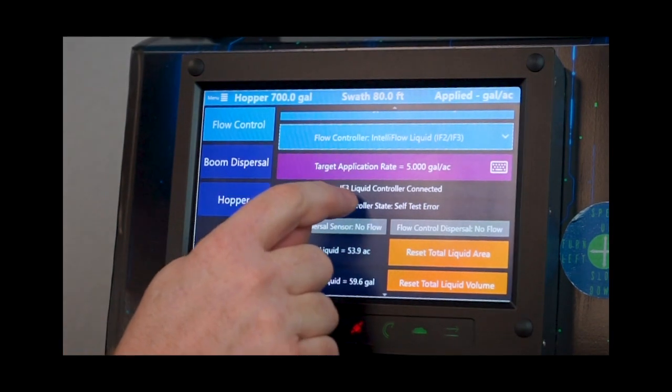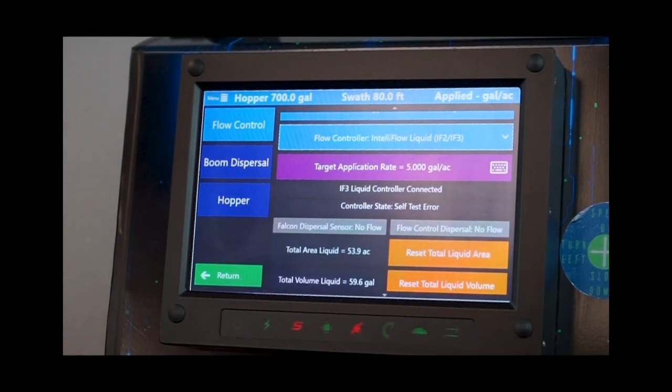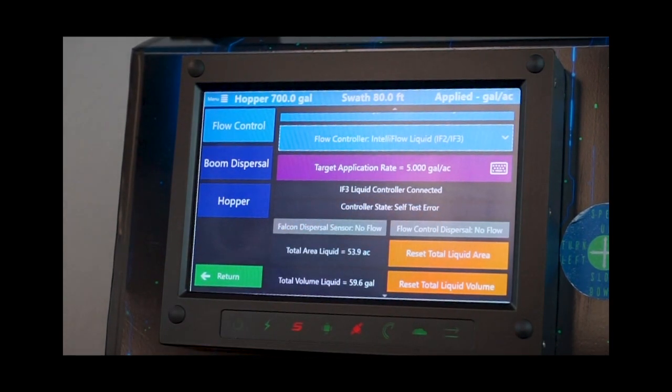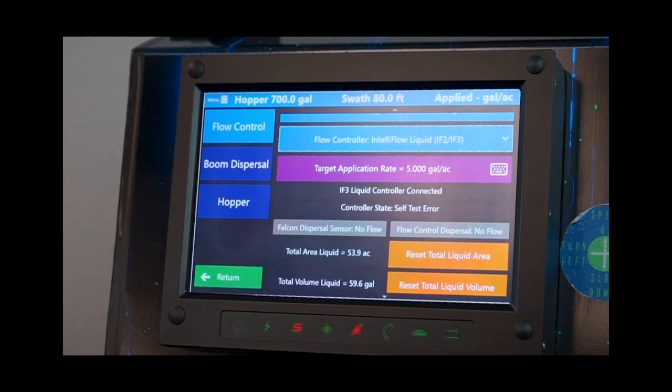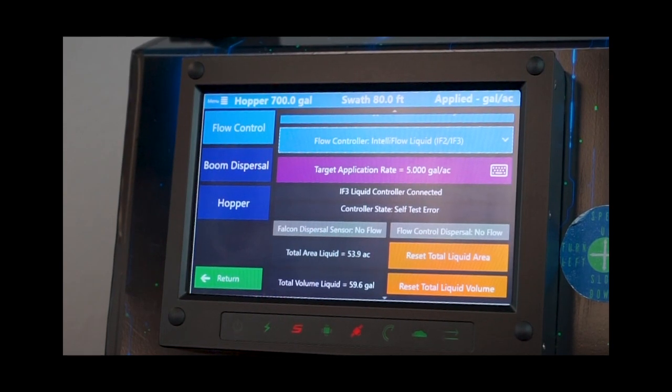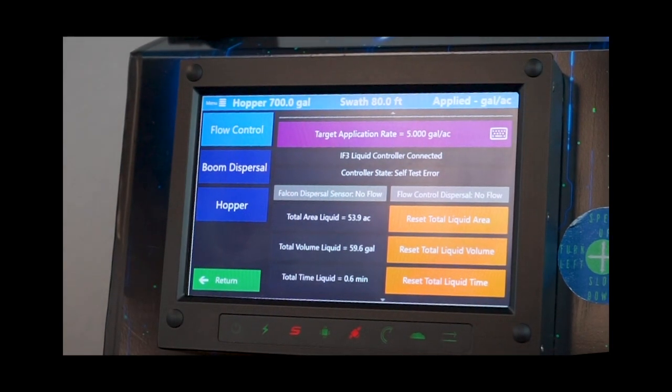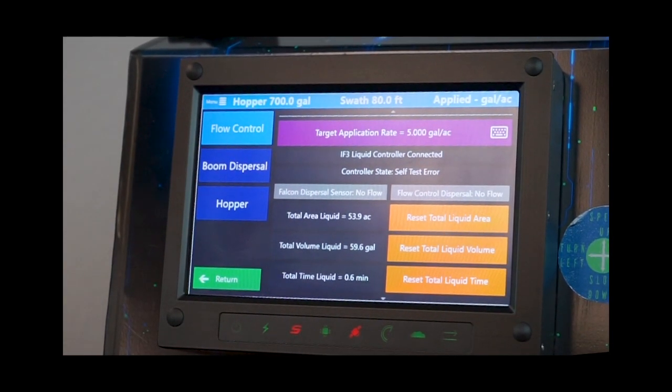Below this, it will let you know that your IF3 controller is connected, and your controller states self-test is an error. I do not have a valve hooked up to the system, so it'll show error. Below, it will let you know that the Falcon dispersal sensor is not flowing, and your flow control dispersal is